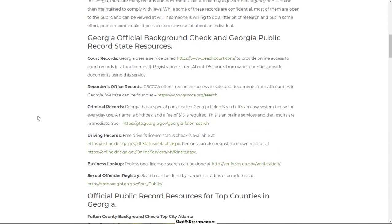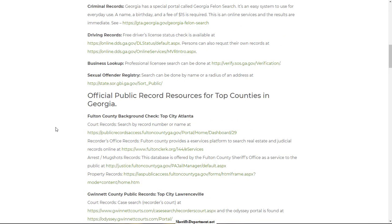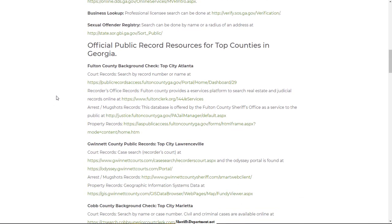If you scroll down here, what shows up is your essentials when it comes to doing background checks. You have your court records, recorder's office, criminal records, driving records, business lookup, and sex offender registry. At the county level, you're able to dig a little bit deeper. You're able to look at jail records and property records, if you need to see if somebody owns anything in the county. The recorder's office and the court records can also be researched at the county